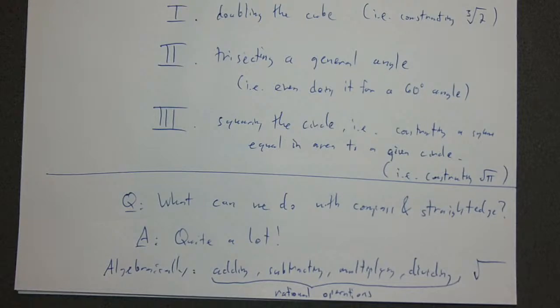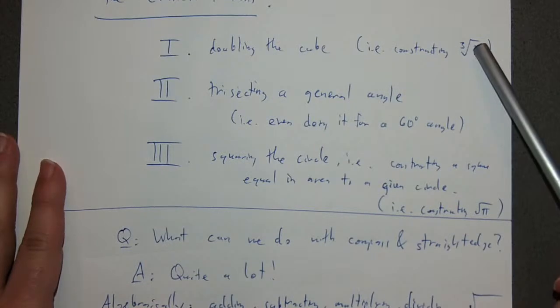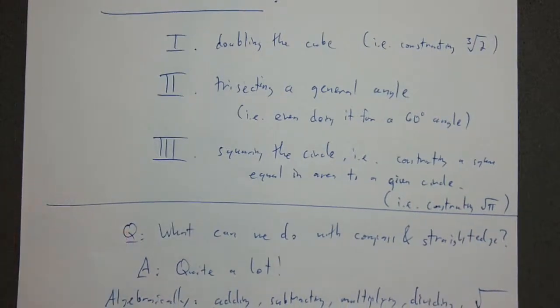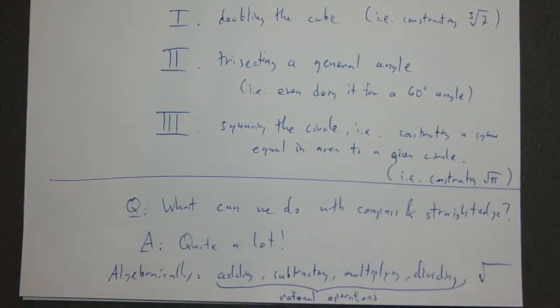In fact, it's not specifically the problem. For instance, you might be tempted to say, well, constructing cube root of 2, constructing square root of pi, that's clearly going to be bad because these are irrational numbers. Okay, but I could tell you, construct for me a segment that has length square root of 2. Well, that's easy. You just draw a unit square, right?